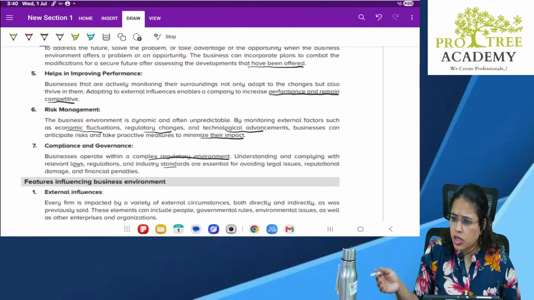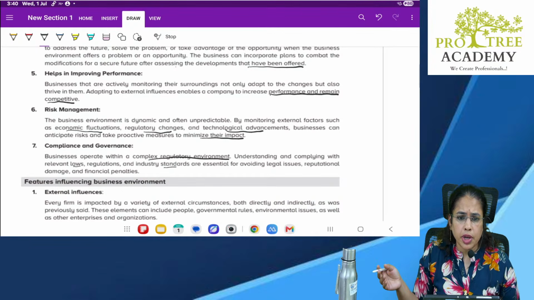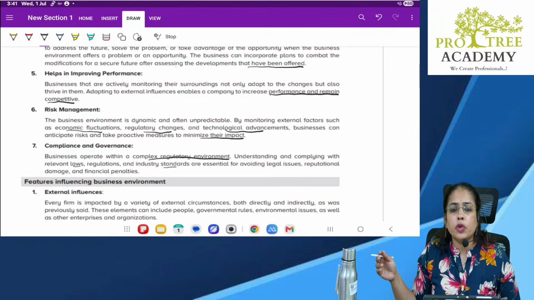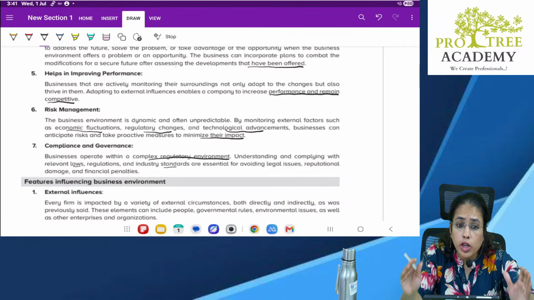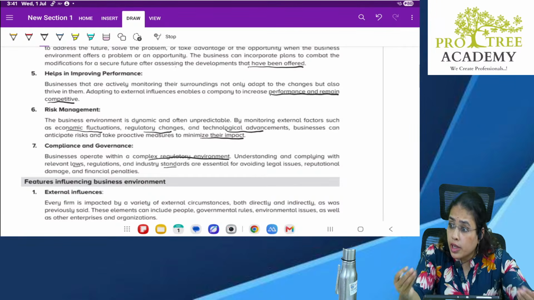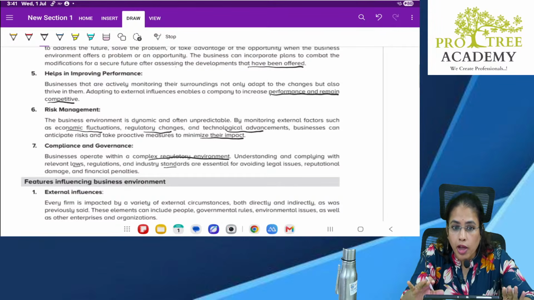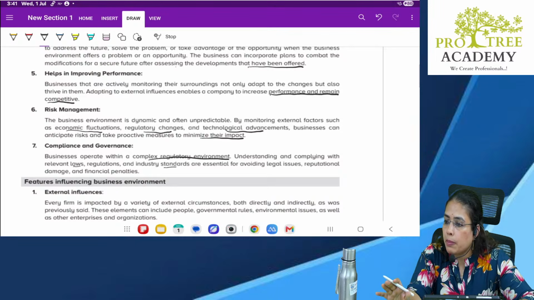If your business is full of compliances, like a listed company or a company dealing with gases or anything like that, then you will have to take care of what all you can do. If you know the business environment, what legal issues and legal compliances you have to handle, you will be ready with that. You will not wait for anybody to tell you that you did not do this. And if you don't do that, you will have major penalties to pay. So big compliance businesses should always have business environment knowledge so they don't pay big penalties.